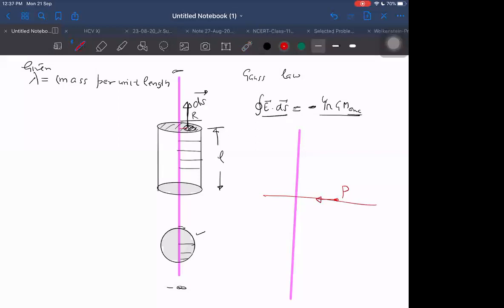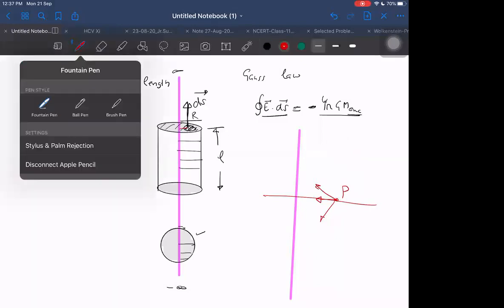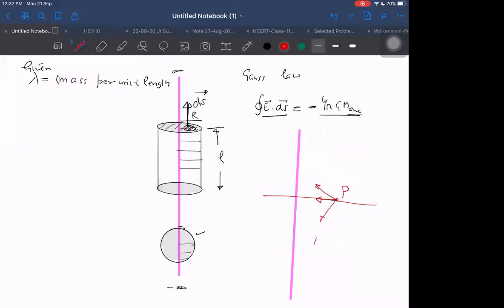Why towards this? Why not towards this? Why not? I told you, along the line. I told you that for this sphere, for this solid sphere, it is towards the center. I did not say that for such cases also it is towards the center. And moreover, we don't know where its center is because it is infinite. I don't know how much it is above, how much it is below. Then why towards this side?